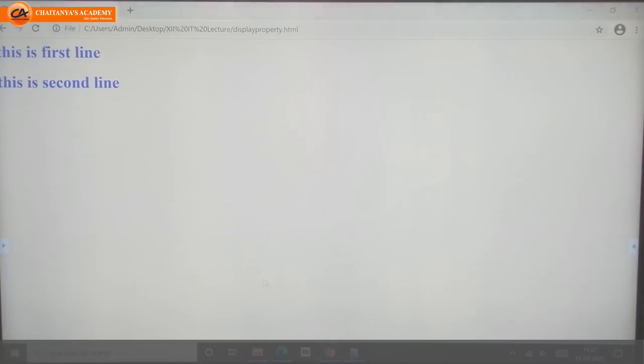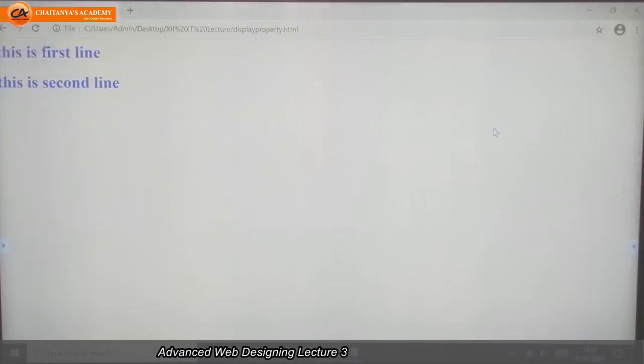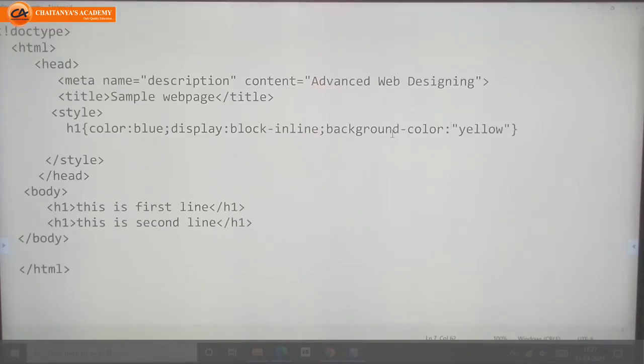Why did it not come? Spelling mistake. Sorry, here I wrote equal to. Background color equal to yellow.